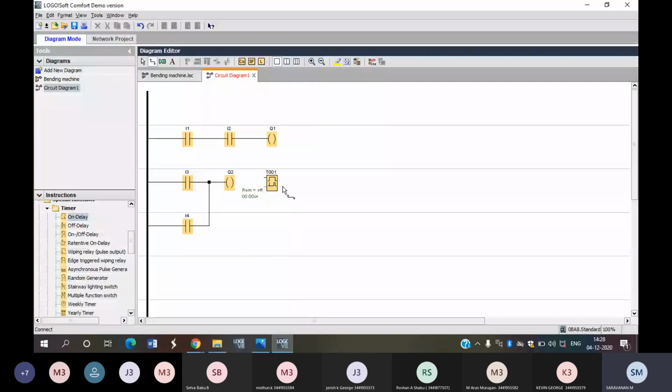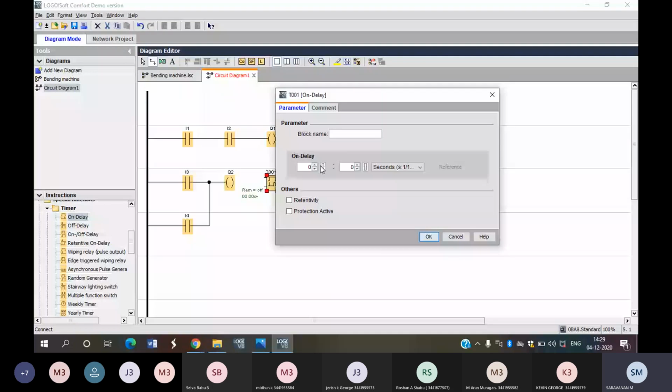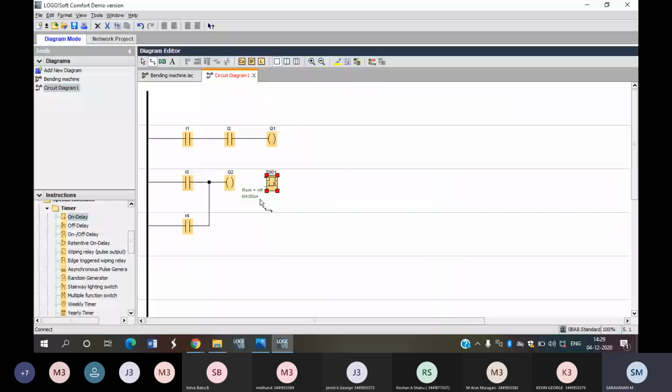On time delay means after 5 seconds the motor starts, or just imagine a CNC machine. In the CNC machine, before starting the spindle, or in the grinding operation, the coolant has to start 5 minutes before. That kind of condition we can give in this particular program. On time and off time delay are also available here. If you click here, we can change your timing also, for example 4 seconds I'm giving here.